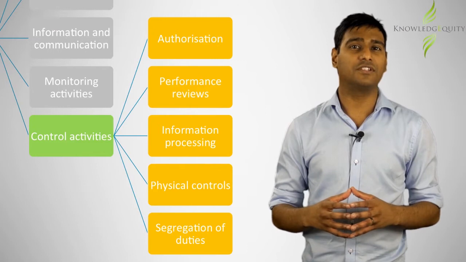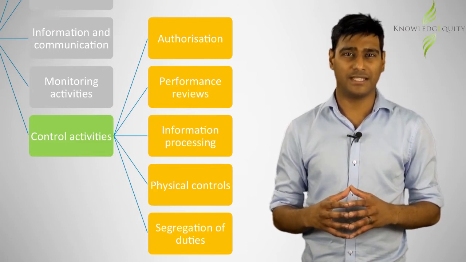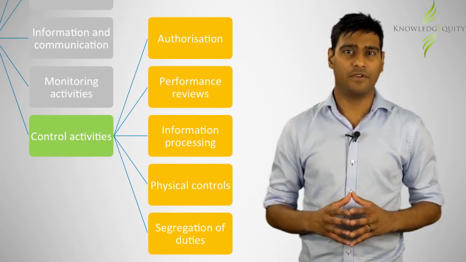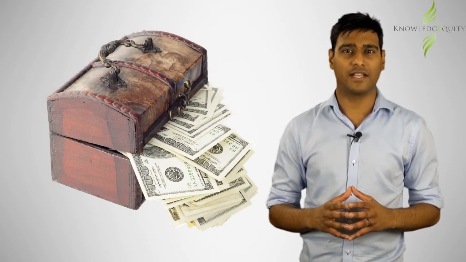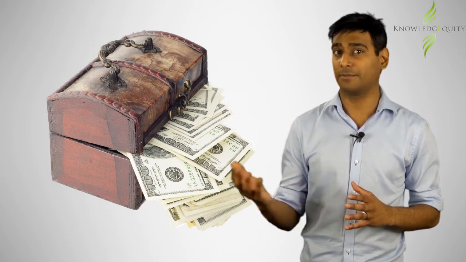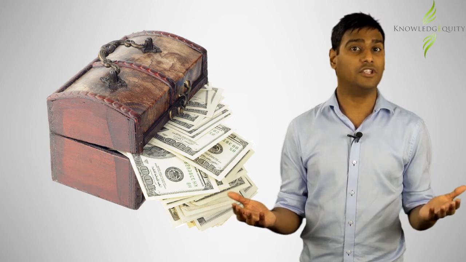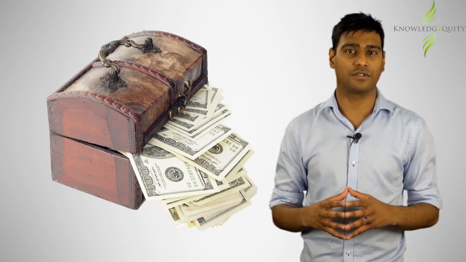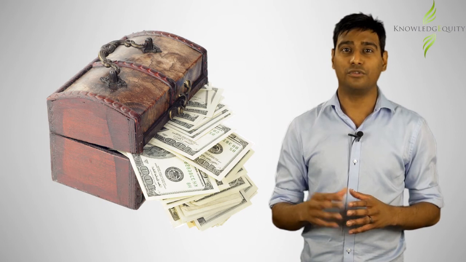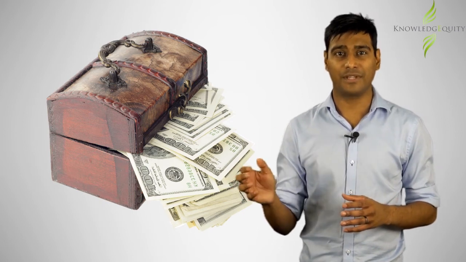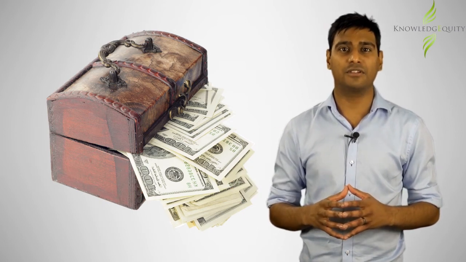Segregation of duties refers to the division of responsibility among different people. For example, assume Luke is assigned to maintain the petty cash system, replenish the cash, authorize and issue cash, as well as keep the accounting records. The ability for Luke to steal cash and cover up his tracks are greatly enhanced because there is no segregation